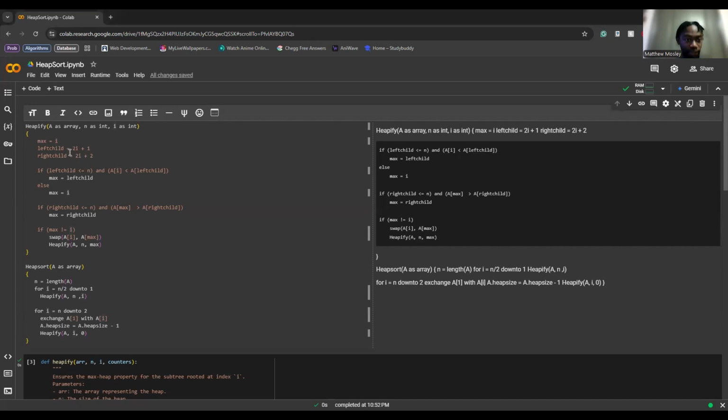And so with this algorithm, as you can see, we have A as the array, N as an int, and I also as an int, which is just the index. Max is the number which we'll be deleting once it's swapped with the smallest value. And then the left and right child